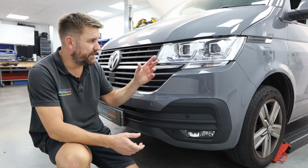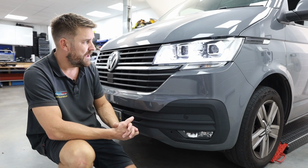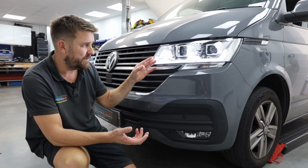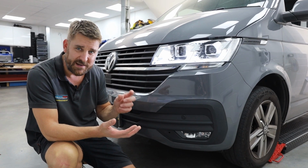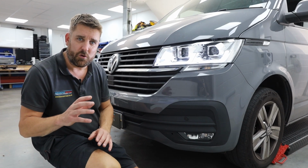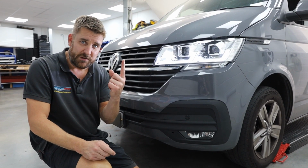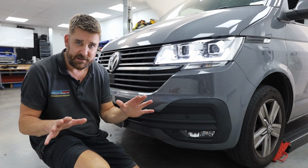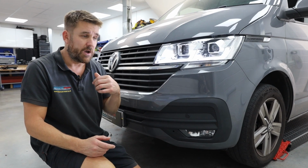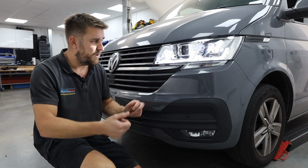Right, we're done. So these are the new headlights in, ready to go. So Richard's going to put the ignition on, and ordinarily you've got your two upside down eyebrows or your semicircles, they're your DRLs, the LED daytime running lights. Now, irrespective of whether you've got your ignition on driving during the day or you switch to side lights, they're both exactly the same. The only time that this changes is when Richard then goes to drive at night, which he wouldn't be because it's not his van, but he goes to put it on at night time,